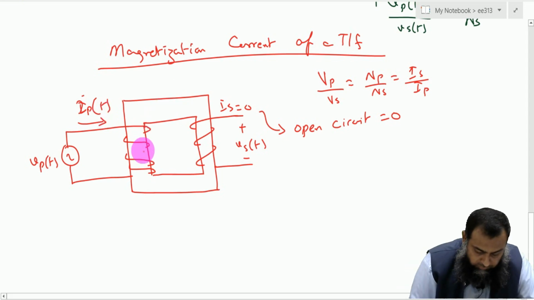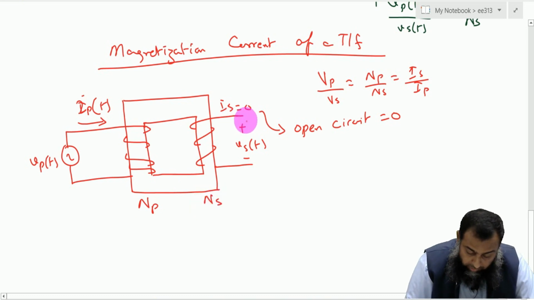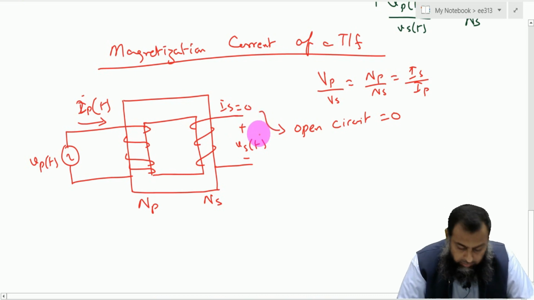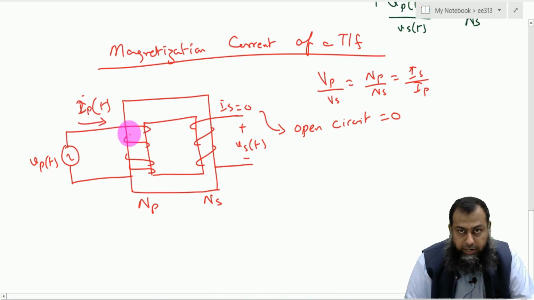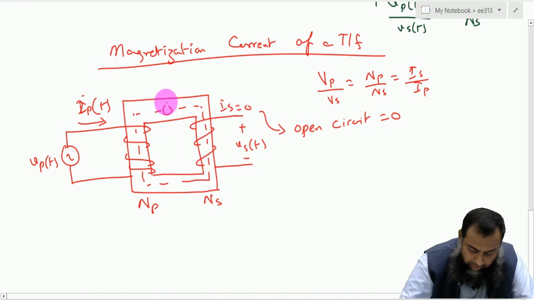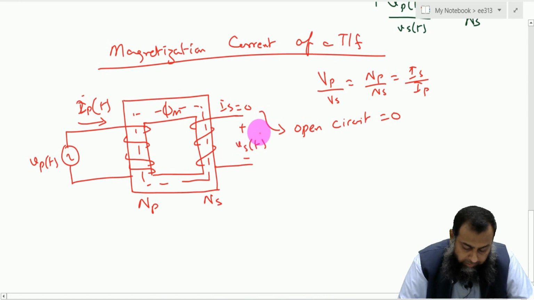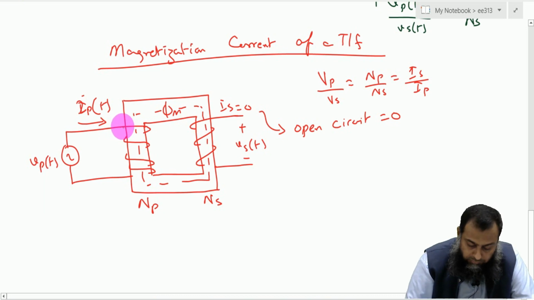For this particular transformer, suppose that we have NP and NS. Again, as you can see, there is no load connected on the secondary side. Therefore, we expect to have no current flowing into the primary side. However, we want to have some flux established in this transformer so that we have the voltage available on the secondary side. So for that, a current flows from the primary side and it produces the flux in the